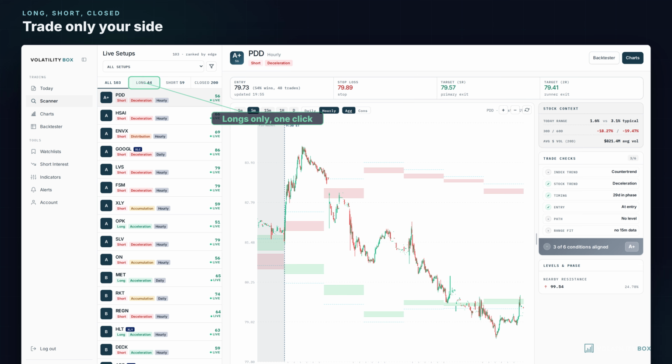Over here, you'll also find the close tab. Now we'll come back to that one. It's one of the more useful tabs, and I think most people gloss over it. Now, before we talk about the close tab, let's first take a look at the filters,